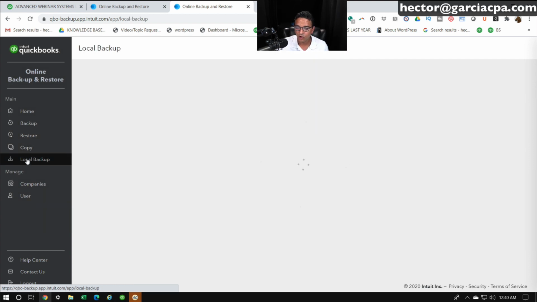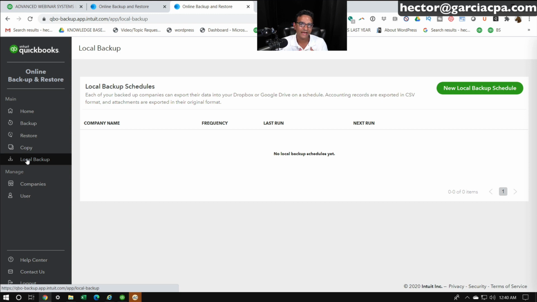And there's also a local backup that allows you to connect this to Dropbox or Google Drive, and it'll push in basically a file in Excel that can be viewed like an Excel file, sort of the same way you can do it with exporting your transactions via QuickBooks in Excel, but it's a lot more comprehensive. So this online backup and restore, again, is only available in the advanced edition of QuickBooks, and it gives you